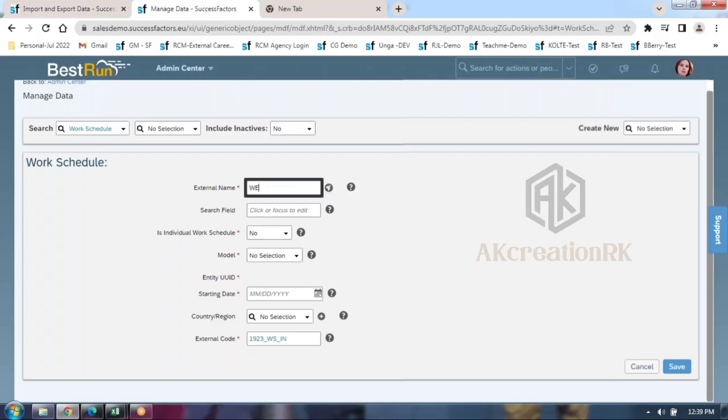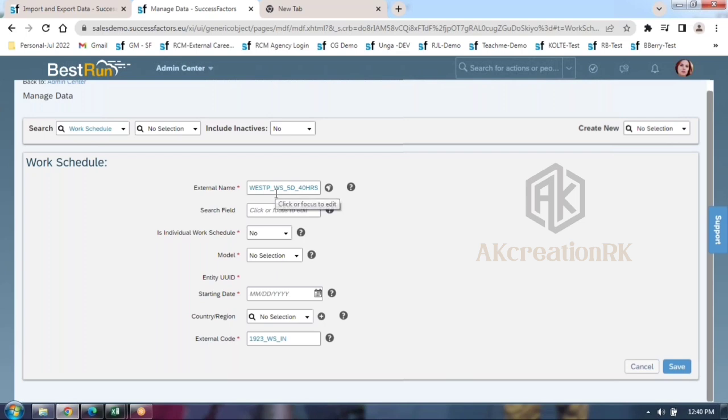Now, West P work schedule. In a few customers, we maintain it this way, guys: West P work schedule, 5 days. Why do we mention this?